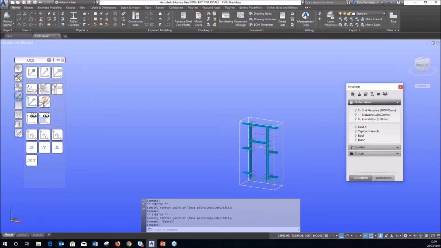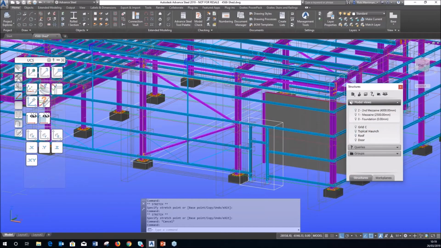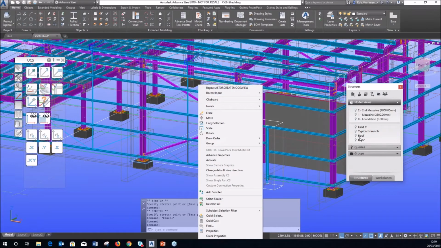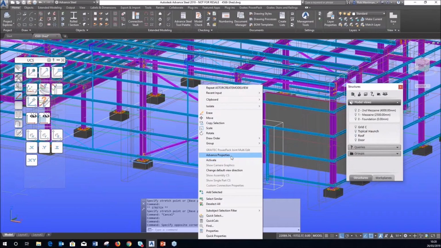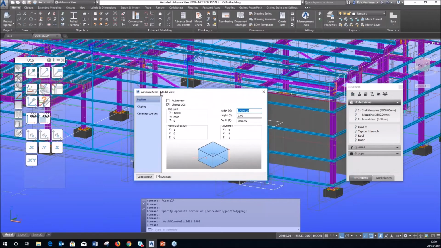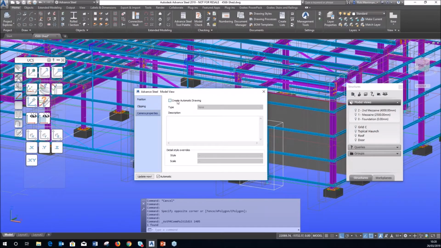Now the importance of choosing the view direction is because we can set up cameras automatically within these model views so that you don't have to put more cameras in your model, so you don't have to set up all the camera and set up all the model views. What we can do is select the model view. So I just clicked on the rectangle and I can right click and go to Advanced Properties. This is where we have all the options and the depths and the X and the Y. But if you look at camera properties, I can create an automatic drawing. We can call this